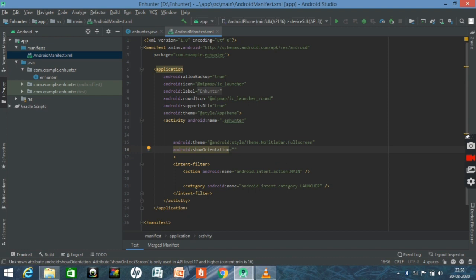Now after equals to, in the two quotes write landscape. So here is the first coding which we have to make in order to lock the game to full screen landscape orientation. The code we have just written and the rest of the contents of the AndroidManifest.xml, we call it XML, extensible markup language.